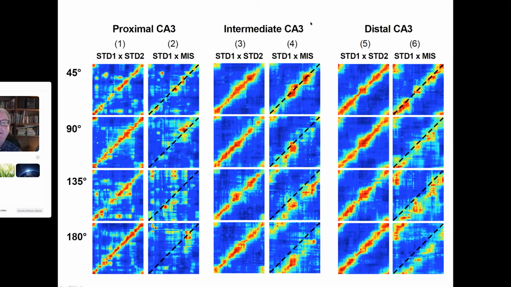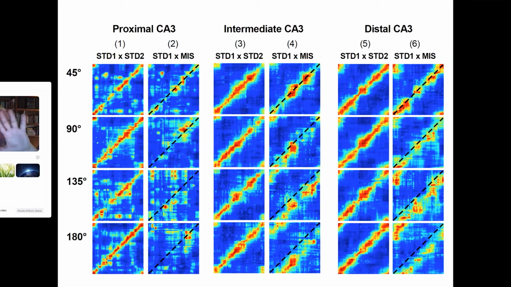If you concentrate first on columns 4 and 6, intermediate CA3 and distal CA3, you can see, again, the nice bands of high correlation that we had shown previously, both in Inah Lee's original experiment in CA3 and Josh Nudabel's replication of that part. We also see that the high correlation bands creep downwards from the main diagonal as the mismatch angle between local and global cues becomes greater,